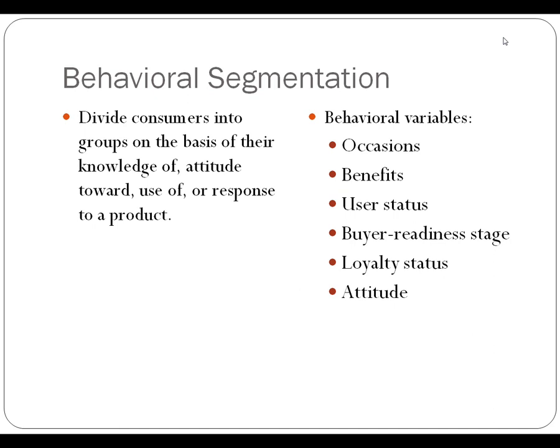So you've got 3 different types of individuals that you may be able to tailor specific messages to that might not benefit the other groups that drive trucks for different reasons. So benefits, user status, buyer readiness. Think about the car buying process. Some people they come in, they're ready to buy the car today. Other people, they're just starting to think about that maybe they need a new car. So you definitely want to put those people in different groups